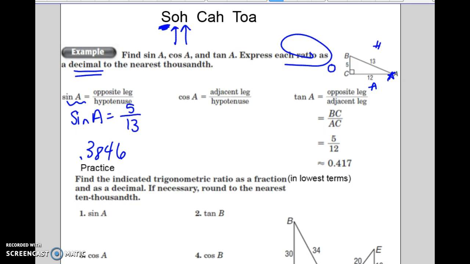Okay? The second one is now talking about cosine of A. Where am I going to put my star? At the A, I already did that, didn't I? So now if I'm going to do cosine, remember cosine is the C, and cosine is adjacent over hypotenuse. So the cosine of A, my adjacent would be 12, very good. And over 13, because that's my hypotenuse. Very good. So in your calculator, what's 12 divided by 13?